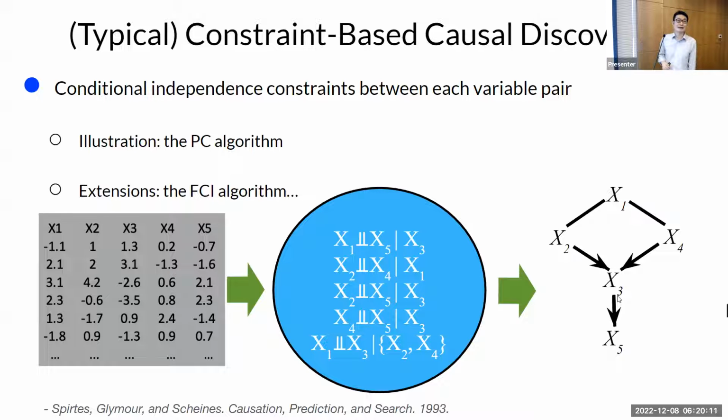Now we have two questions to answer. Given this result, first of all, we cannot determine the direction between x1 and x2, and the direction between x1 and x4. Can we go further? This is the first question: what assumptions allow us to go further regarding determination of causal direction?